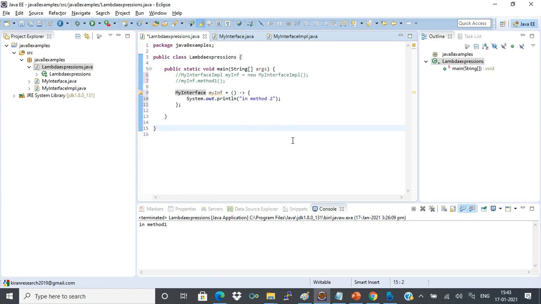Okay, now you see, this is my functional interface, and I am assigning this Lambda expression to a functional interface. Since it is one line, I don't even need braces. I can make this one line only. That's all. This is how a Lambda expression is assigned to a